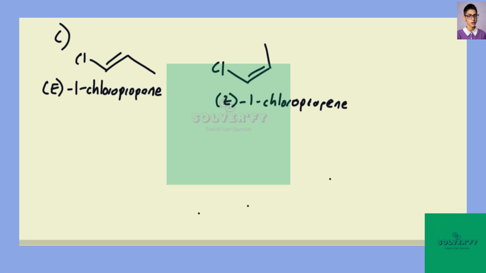All right, so moving on to the last one. It's going to be D. This is 2-chloropropene. So again, drawing that same 3-carbon chain, I have 2-chloropropene, so it's going to look something like that. Now this will not have optical isomerism, and the reason for that is I have 2 hydrogens right